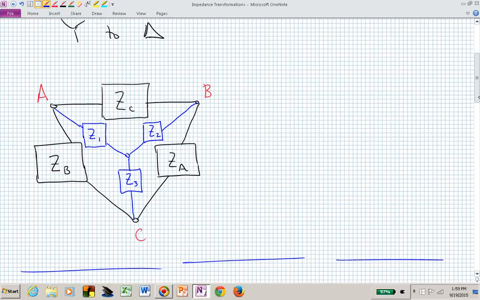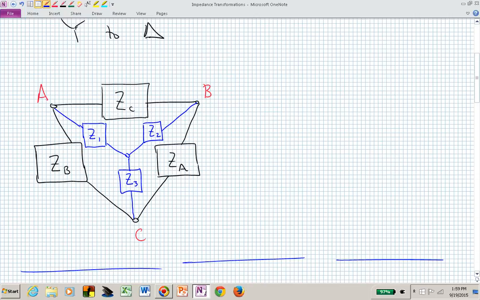Our goals then are, starting with this, we either have them in the black, the delta, or the Y, the blue, and we want to convert to the other interconnection structure. Right now we are labeling all six of those impedances with a unique subscript. The deltas are with A, B, and C, and you might notice that the Z sub A impedance is opposite the A vertex in the delta configuration. The B impedance is opposite the B terminal, and the C, Z sub C, is opposite the C terminal,